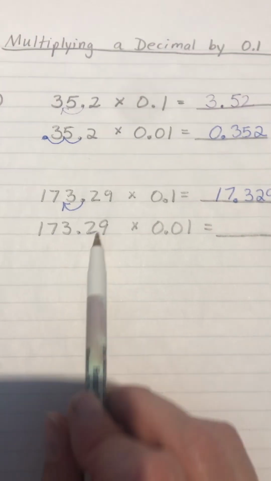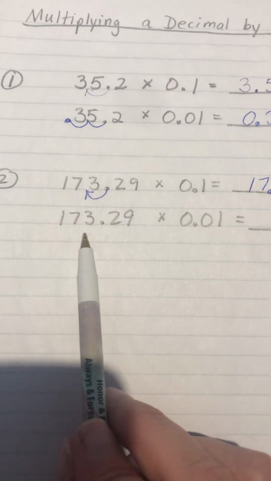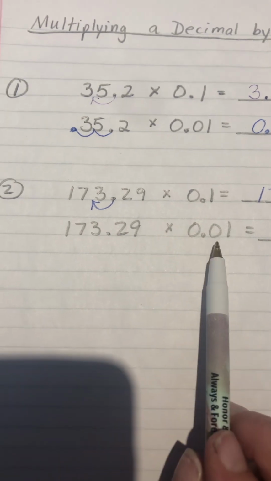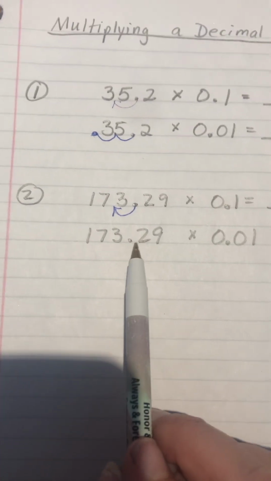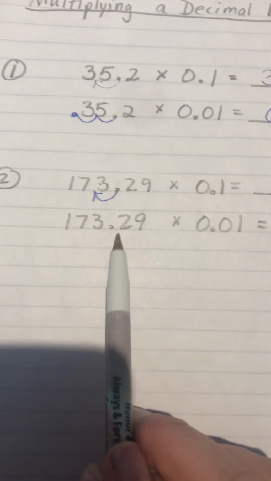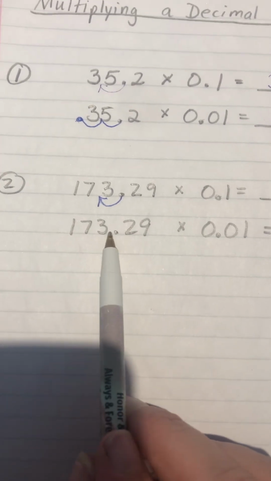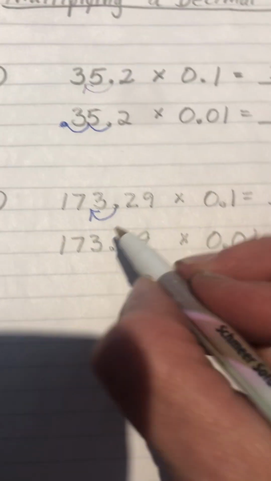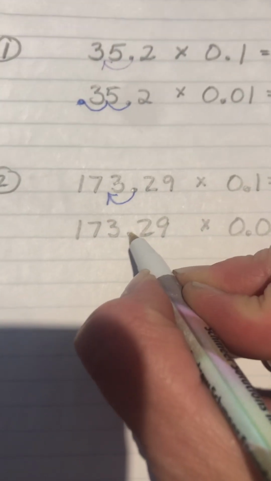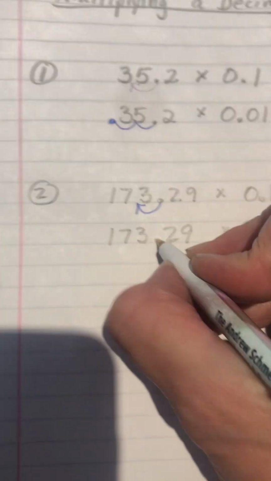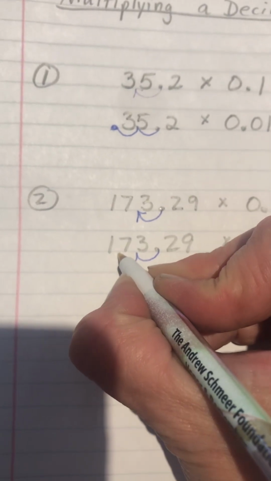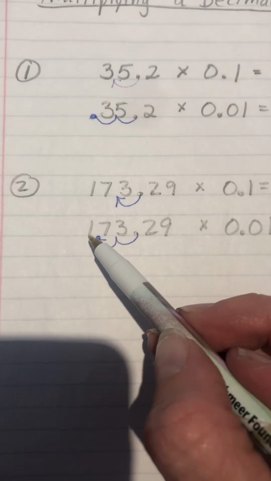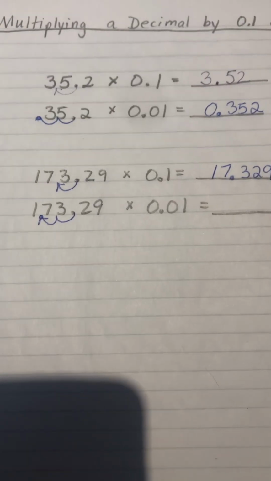Okay. All right, so let's look to our last example here, 173 and 29 hundredths times 1/100th. So again, we want to go ahead and move the decimal point 2 places to the left, essentially dividing this by 100. We want to make it 100 times smaller. Okay, so find your decimal point, have them put their pencil right here, and we're going to move it 2 places to the left. 1, 2, which means our new spot for our decimal point is in between the 1 and the 7. So when they write their answer, they're going to write